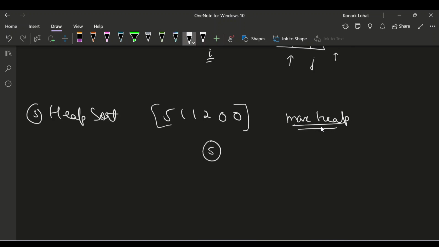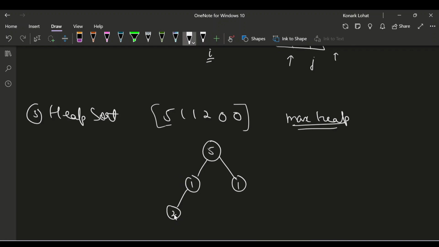Although you can create a min heap as well, there would be some exceptions for that. So this is 5, and this is 1. Max heap says that the root element has to be greater than all of its children, and this is 1. Okay, it's fine. After 1 we have 2,